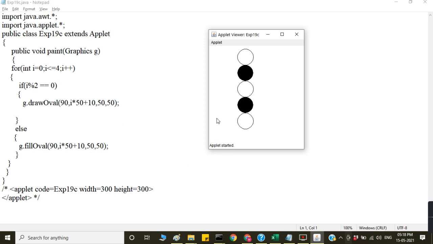So this is the third program in the 19th experiment. Is it clear? The concept is clear. So if i modulus 2 equals 0, it will only draw the outline. When it is not equal to 0, it will draw the shapes filled with colors. So that will complete